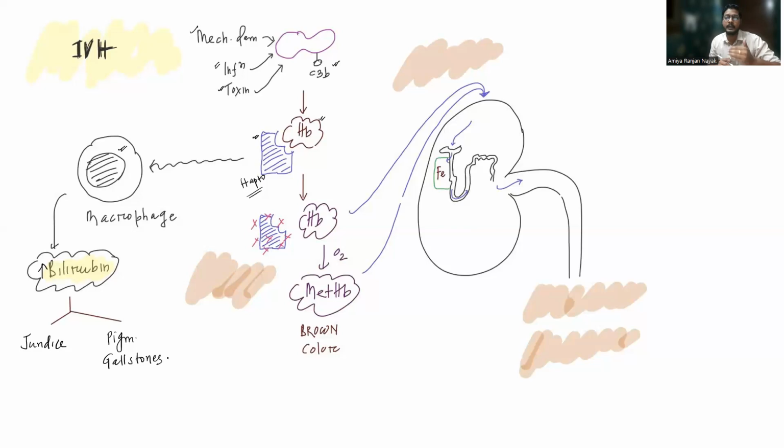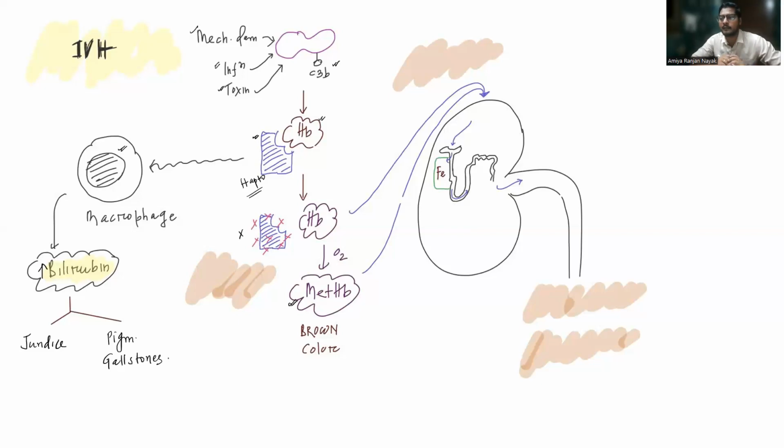But what more will you get in intravascular hemolysis? Now, once this free hemoglobin binds to haptoglobin and they are taken up by the macrophages, gradually the haptoglobin levels will reduce, and ultimately there will be no haptoglobin to bind to the free hemoglobin. Now, what will happen? This free hemoglobin will be oxidized to methemoglobin. I have told you previously that the free hemoglobin can be oxidized to methemoglobin, and